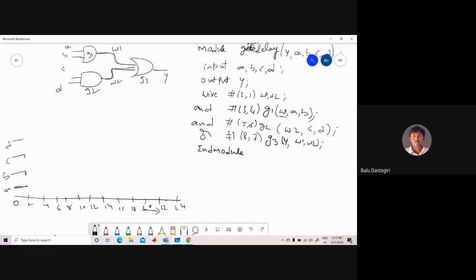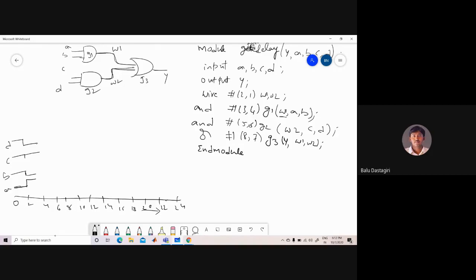Next, what happens after 2 units of time? The values will be changed. Now A becomes 1, B becomes 0, C remains the same, and D becomes 0 after 2 time units.